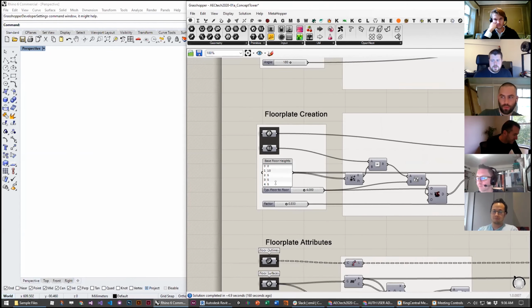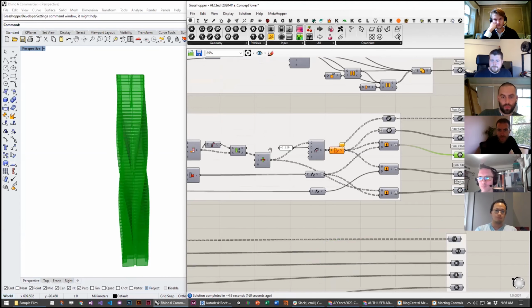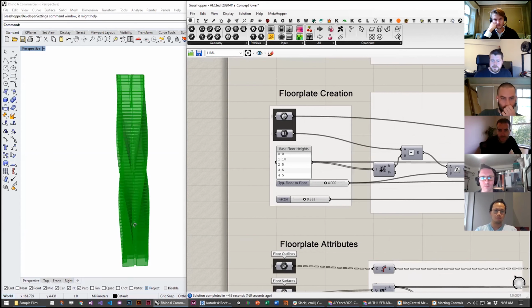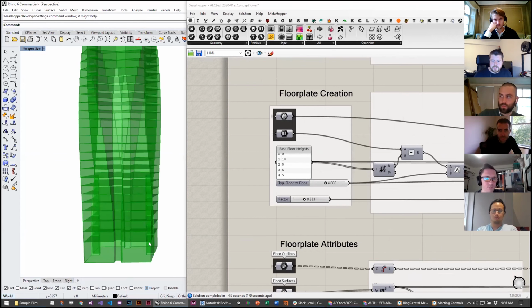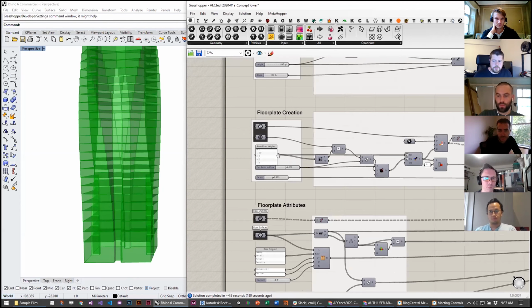One of the little things we're doing here at the beginning is also, instead of just extruding every floor plate to exactly the same height, we are trying to create a little bit of difference that might be more realistic to the way the tower design might take place. So at the base here, we're just creating a panel with a list of 4 unique floor heights at the beginning, in this case meters, 10, 5, 5, and 5,